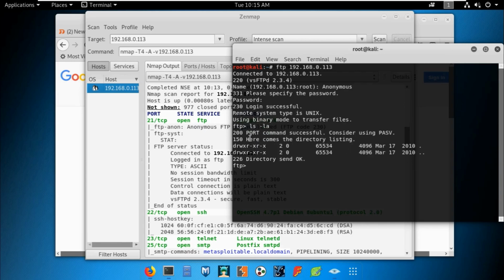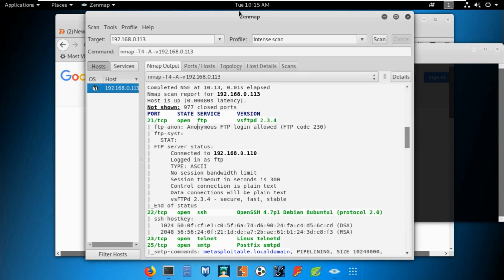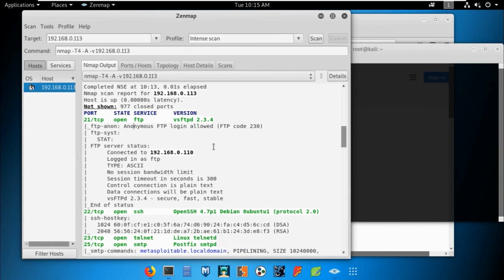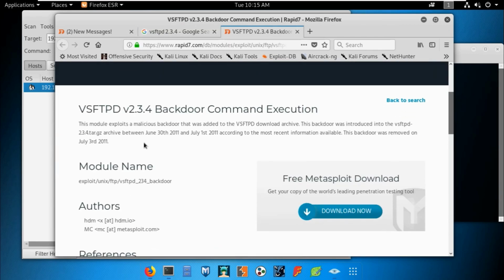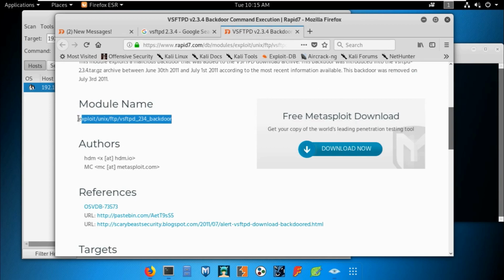Okay, here comes the directory listing. I'm not going to show you the commands of FTP. Just go and figure it out yourself. Just exit this one. I'm just showing you how necessary it is to gather information. So this is it. Now we are going to exploit the vulnerability, and then we'll move to the SSH vulnerability or enumeration.